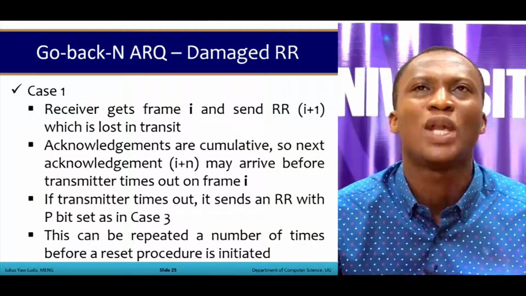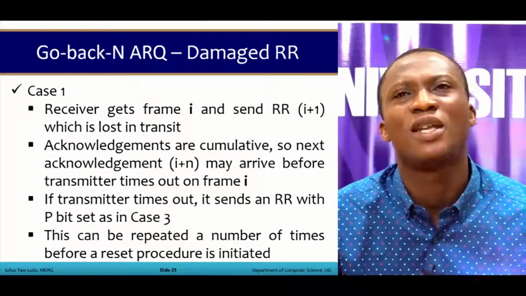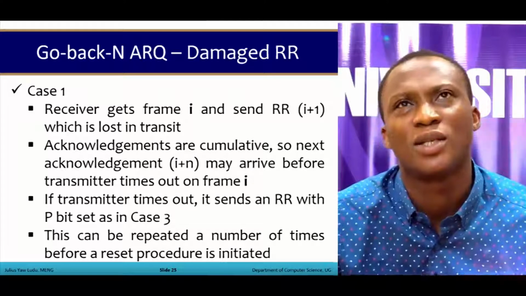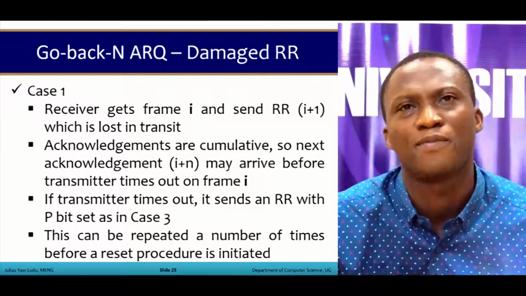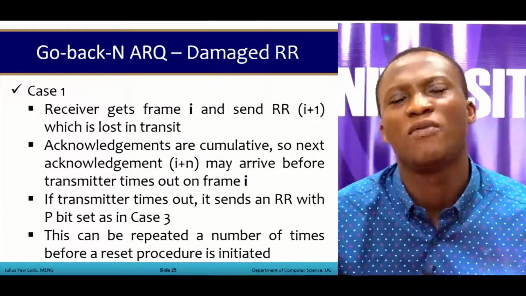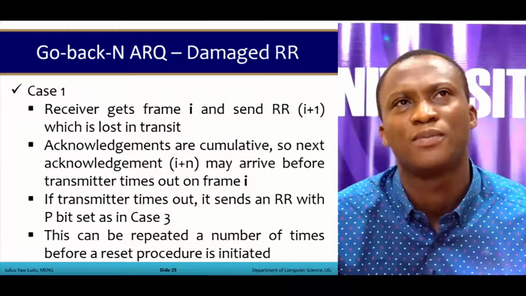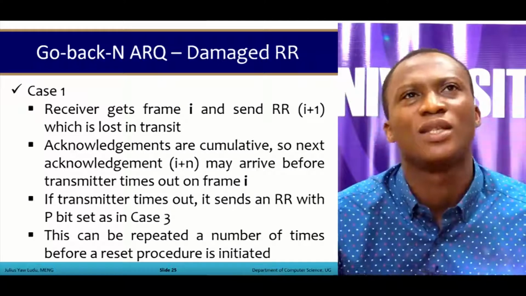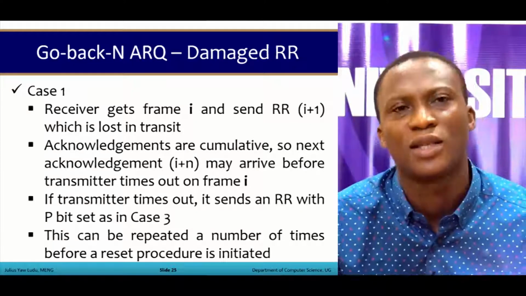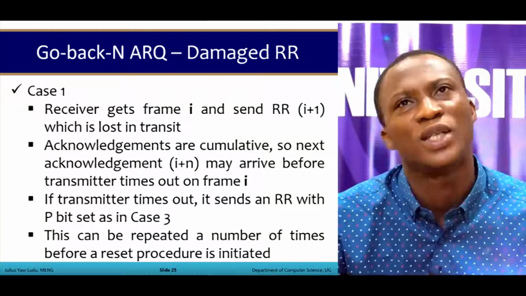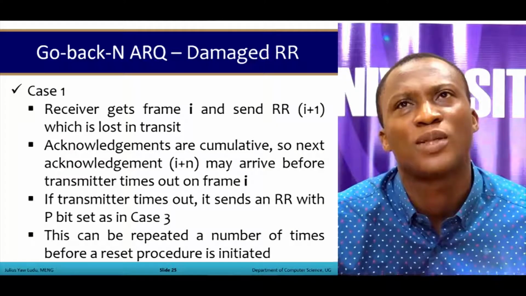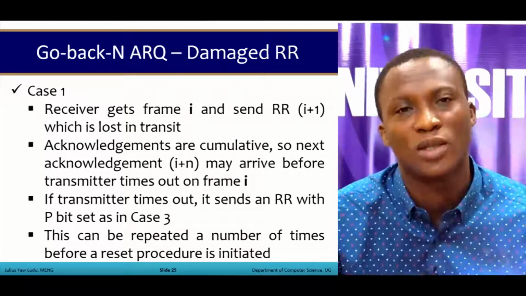Now, we looked at the damaged frame. What about if the acknowledgement is damaged? So we have damaged RR. We said that RR is receive ready. What about if the receive ready is also damaged? So the first case is that the receiver gets the frame I and then sends the receive ready, which is I plus 1. Now if this I plus 1 gets lost in transmission,